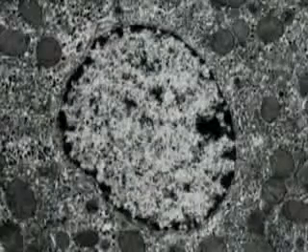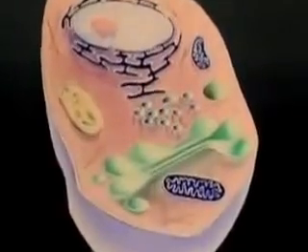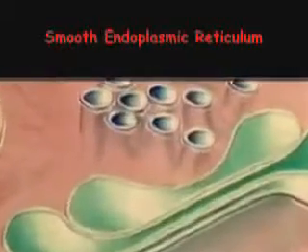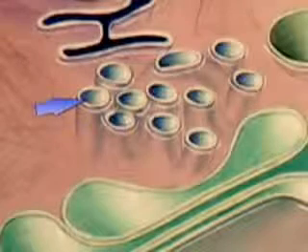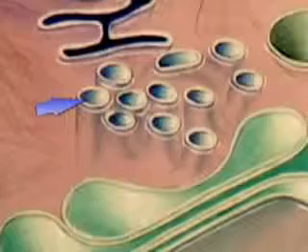Cells that produce large numbers of proteins have more rough ER than those that produce fewer proteins. In addition to providing a surface area for ribosomes, rough ER serves as a storage area for newly synthesized molecules. Another type, called smooth endoplasmic reticulum, has no ribosomes attached to its surface, and thus appears much smoother than rough ER. Like rough ER, smooth endoplasmic reticulum serves as a storage area, mainly for proteins that will later be exported